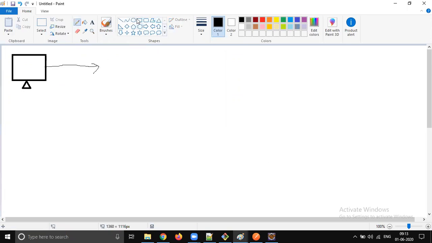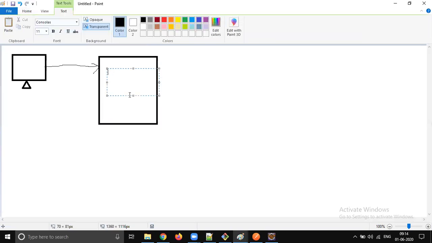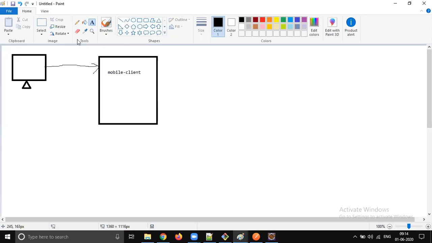It goes to the mobile service client, the mobile client. It internally calls the mobile service.